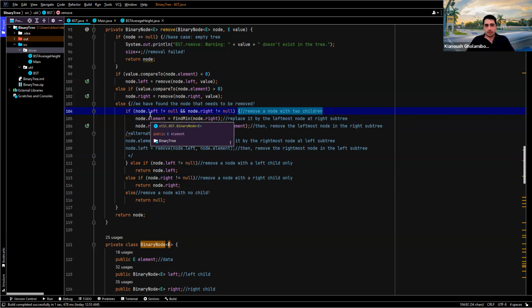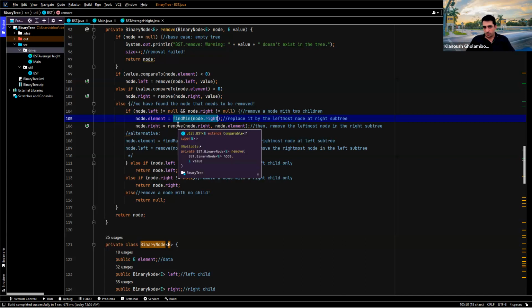There are two ways to handle this situation. You can either find the minimum element, which I call the leftmost element in the right subtree, and replace it with the element that you want to remove. So basically, you will say node.element is the leftmost. I'll tell you why the leftmost is basically findMin. The leftmost node of the right subtree. And then you continue your remove operation in the lower level in the right subtree by removing what you just replaced, which is basically